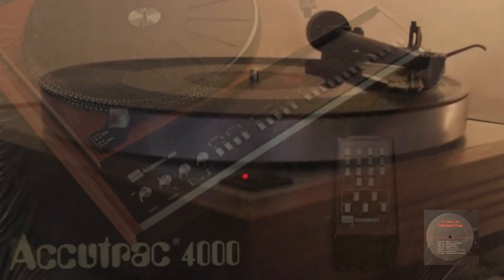Tone arm height is critical. From the surface of the turntable mat to the bottom edge of the cartridge body, it should be 3/8 of an inch. The screw in the cueing platform adjusts this height. If your tone arm drifts toward the edge when it sets down on the track, lower the cue height slightly. Turn the adjustment on the cue pad clockwise to lower,